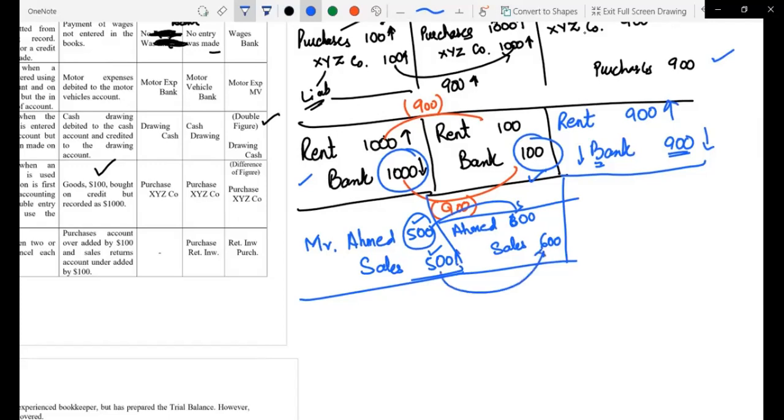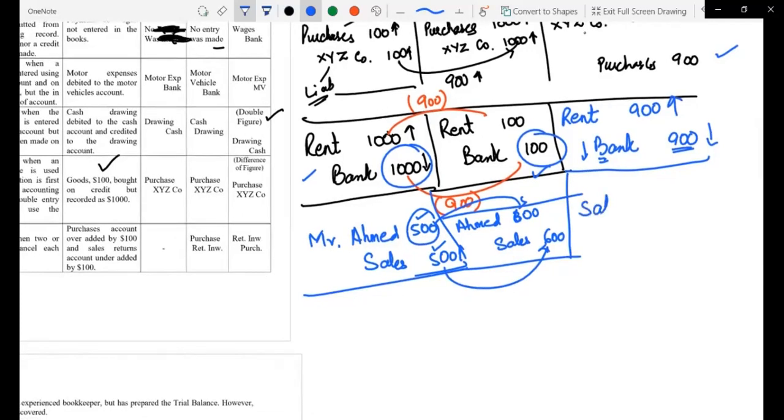We increased by 600. But the amount was wrongly increased, so we will have to decrease it. When we decrease, sales will be decreased and written on the debit side. So sales would be debited, and Ahmed would be reduced by 100 here,